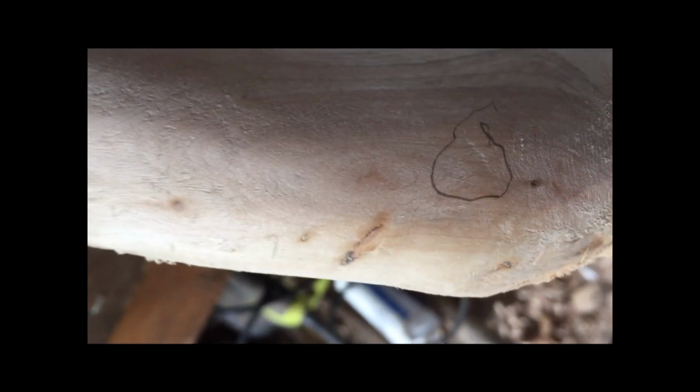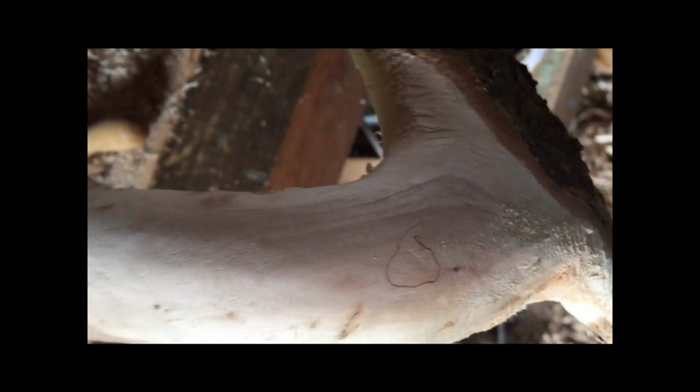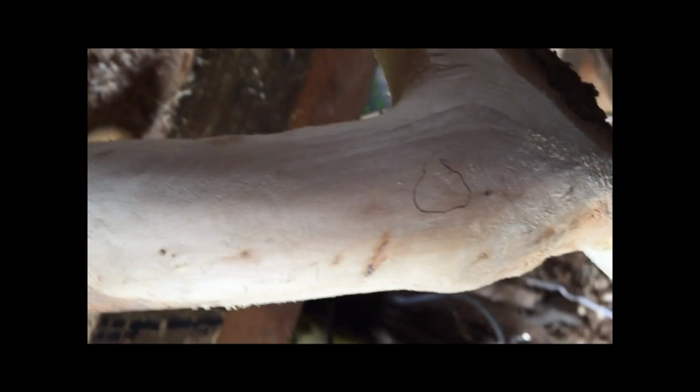And a few bits here and there that'll need it. Give it a quick sanding with something fairly heavy grit, and then take a small file and go over it again, and then resand it, and just carry on doing that until it looks good. It's getting a really nice feel to it. It's a little big still,